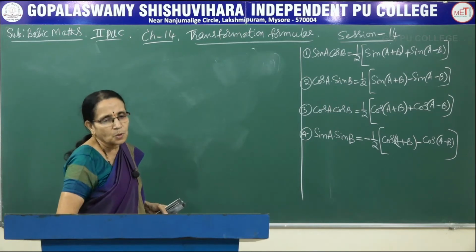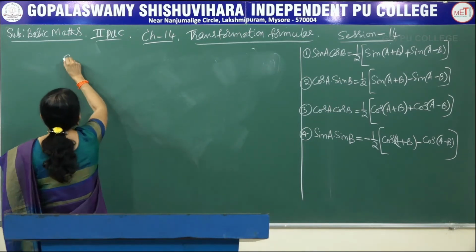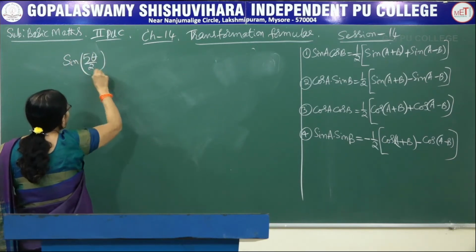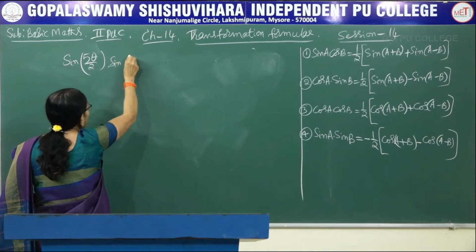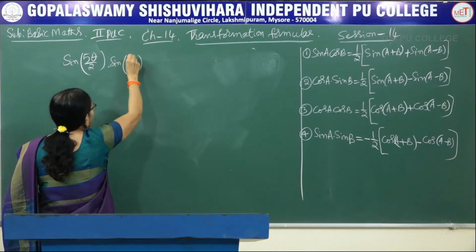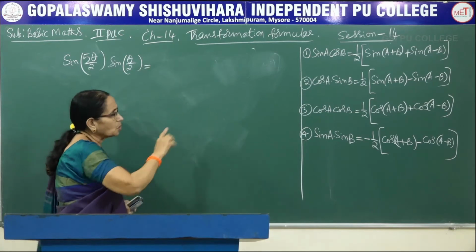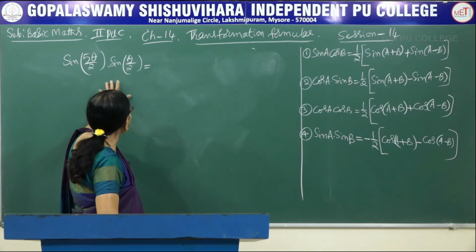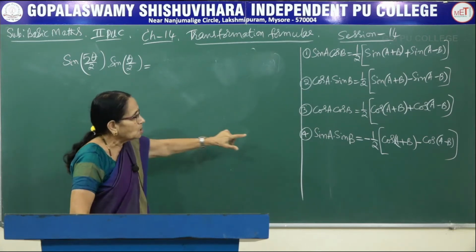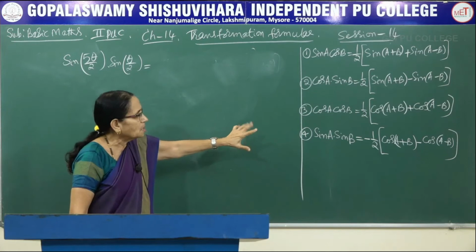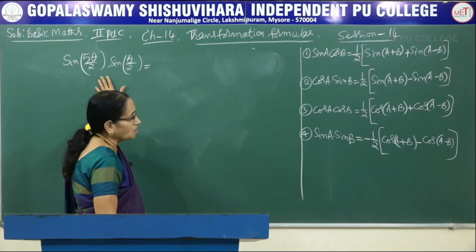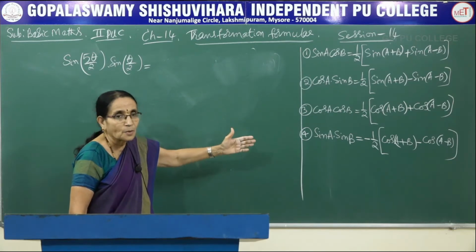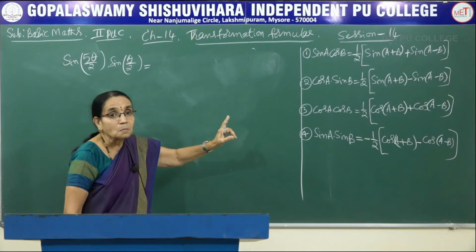Now one more problem. Here again, it's a general angle I am giving, but it is a half angle I am giving you now. Sin 5 theta by 2 into sin of theta by 2. I am taking one problem for each formula here. Sin 5 theta by 2, sin theta by 2. Look at the last formula, sin A into sin B. So it resembles the same thing here. So what should be written on the right hand side? It is minus half of cos of A plus B, but that minus sign is there.